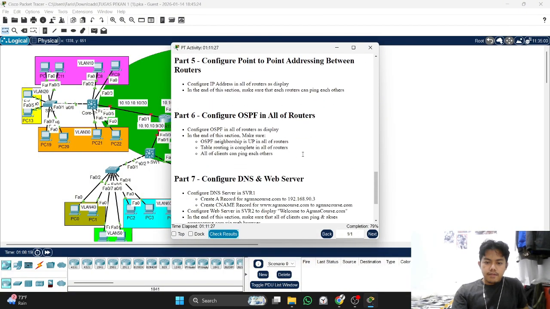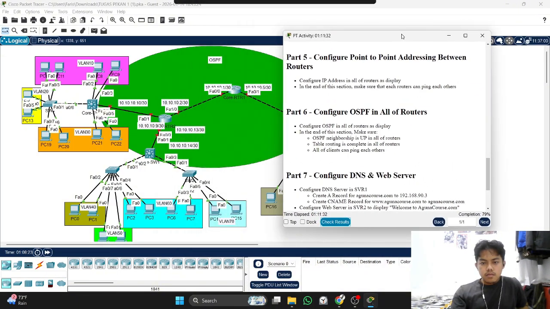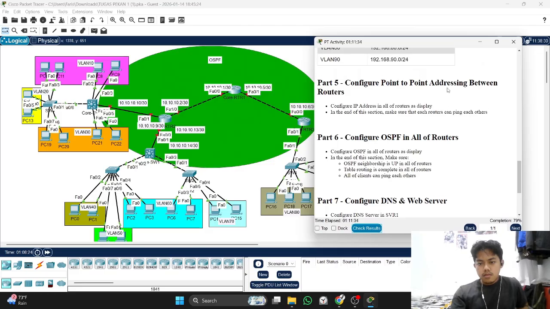That's part 5, configure point-to-point addressing between routers.